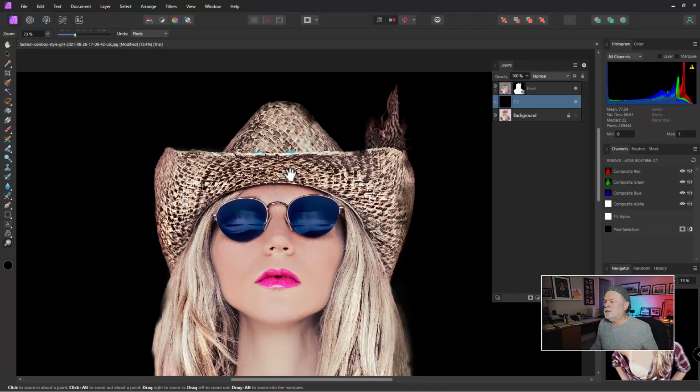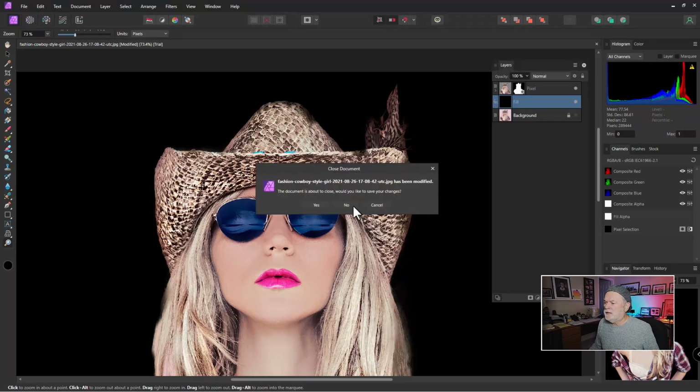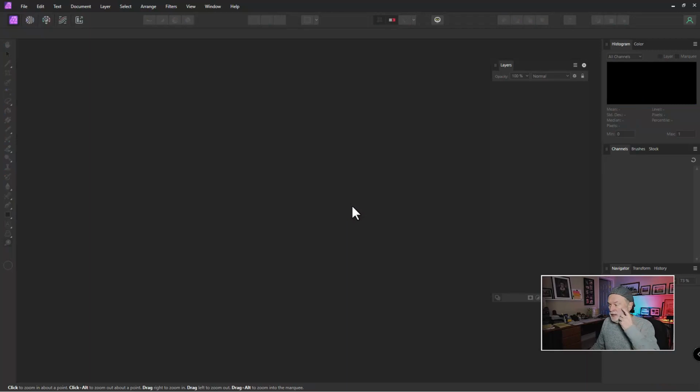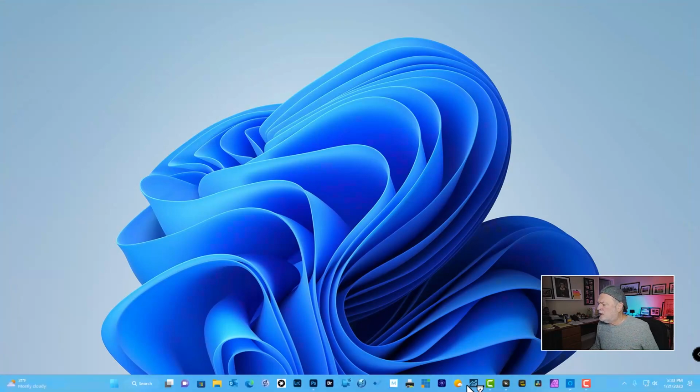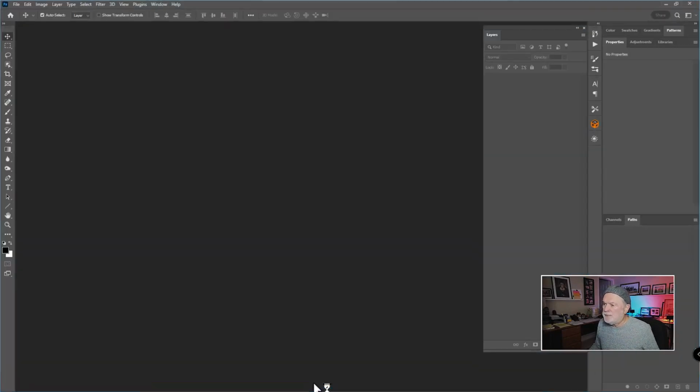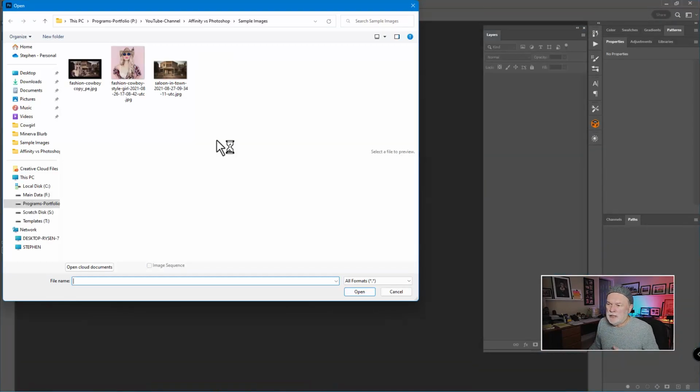But the thing is that Photoshop works a little bit quicker for me. I can get deeper into more complex things that I was having a lot of trouble with in this program. So I'm going to close out of this. And again, if you're not doing compositing or cutting a person out, this program may be perfect for you. So to do a little comparison, if I open up Photoshop, and let me grab the same image